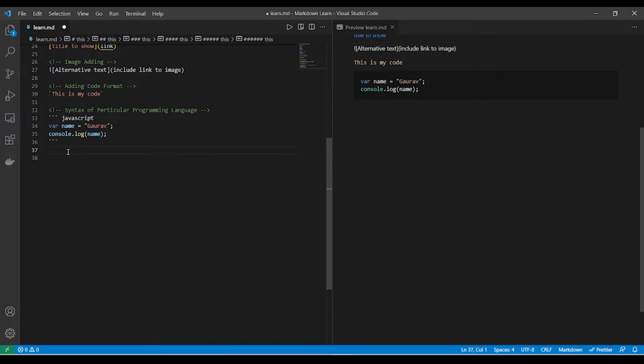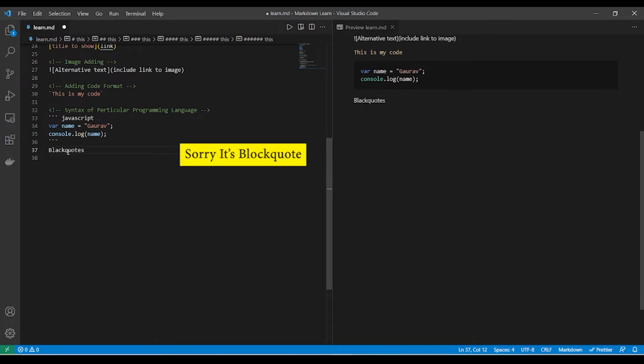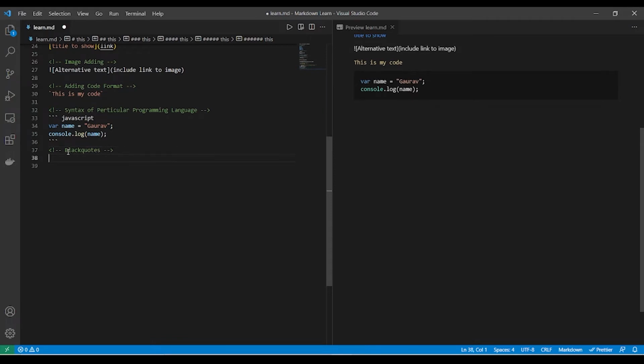Before that, I want to tell you some more points on how to add the block quotes. So let's first of all comment it: block quotes. Commented, to add the block quotes we usually use this symbol, and then we write whatever we want.